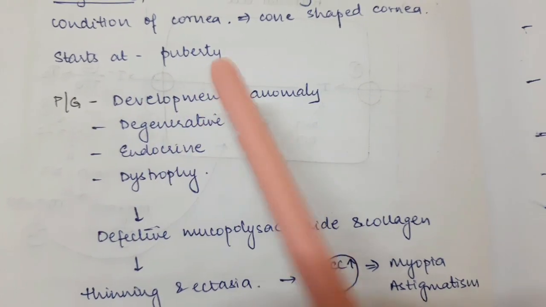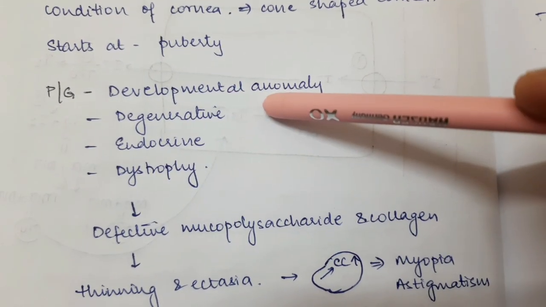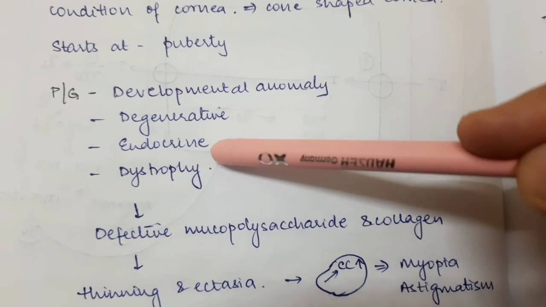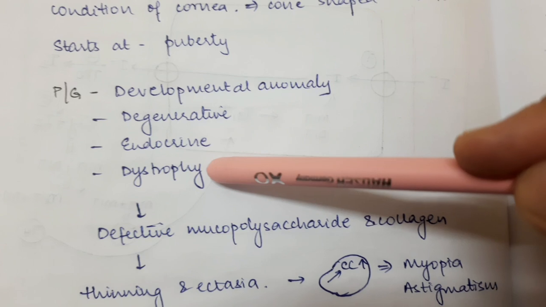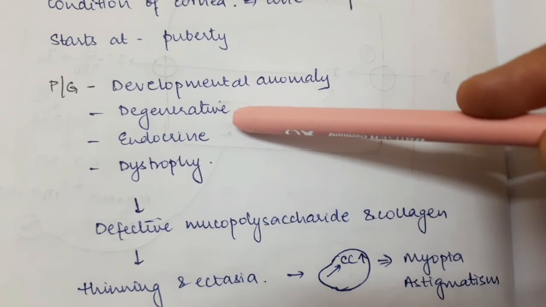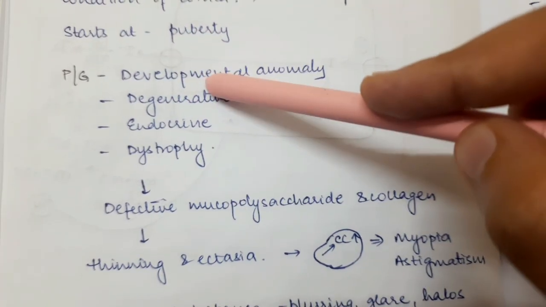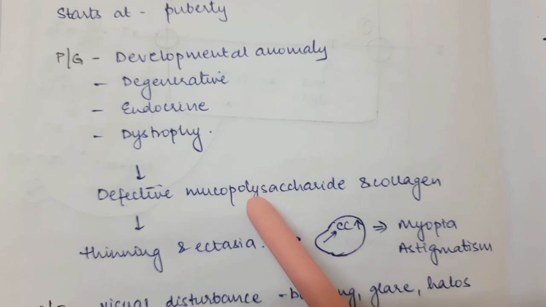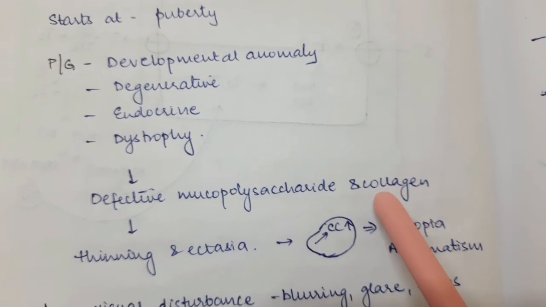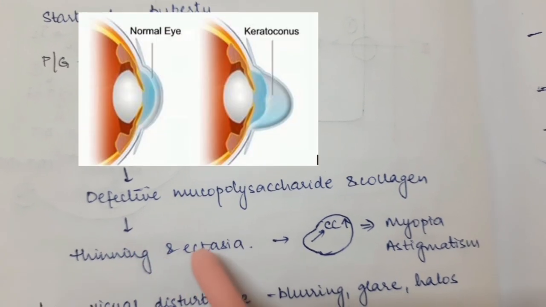The pathogenesis is that it is believed to be caused due to developmental anomalies, or it could be due to a degenerative process, or due to some endocrine anomaly, or some sort of a corneal dystrophy. So it could be a developmental thing, or a degenerative, or endocrine, or due to dystrophy. And because of all of these processes, there is defective mucopolysaccharide and collagen formation. So the mucopolysaccharides and collagens present in the cornea are defective, which lead to thinning of the cornea and eventually